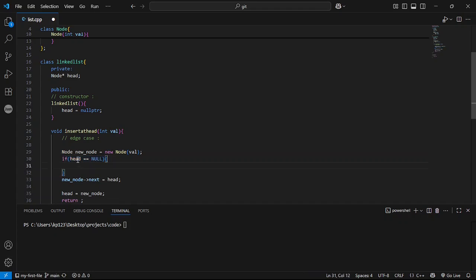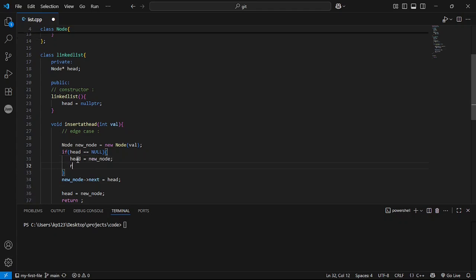Then head will be equal to your new node, then return from this point.